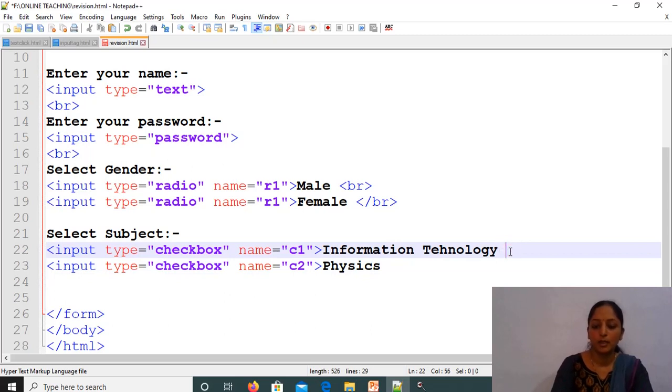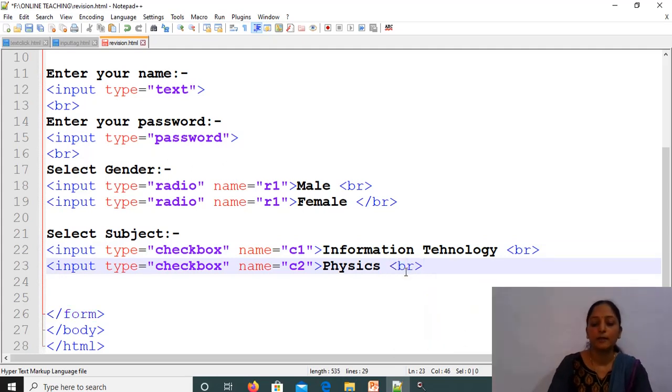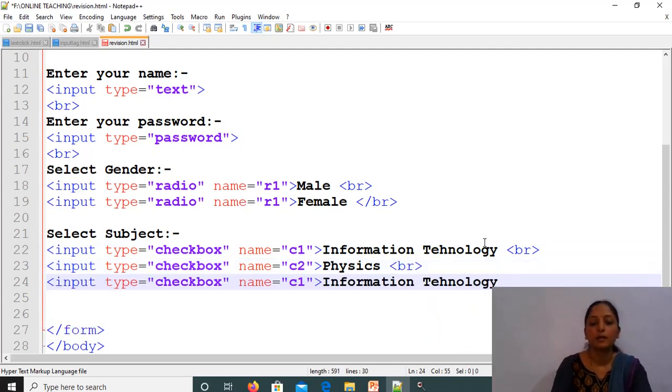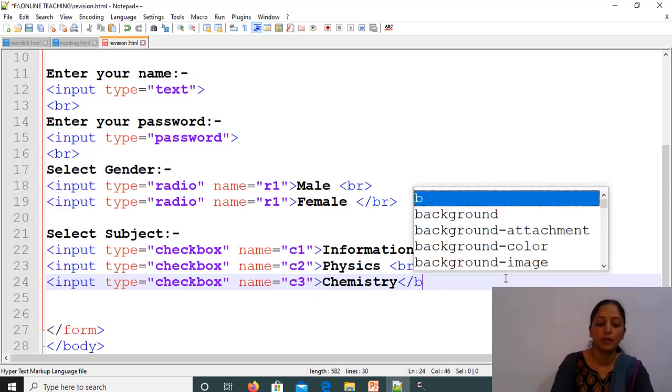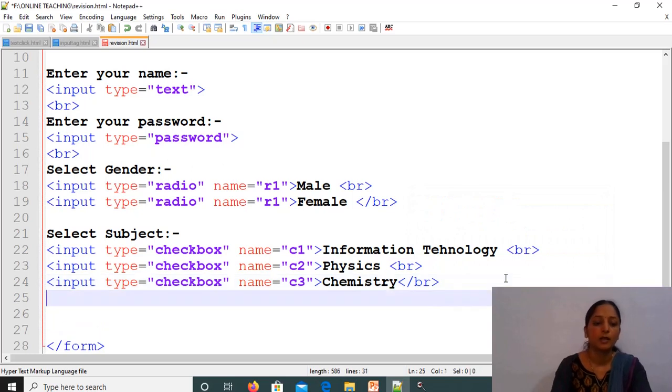We just want to see how the checkboxes are displayed. Break the line so that it will display each and every subject on the next line. So suppose the checkbox name is C3 and then the next subject is, suppose, chemistry. Then end it with BR. Okay, that much only. If you want to include more subjects, just go through the same procedure.